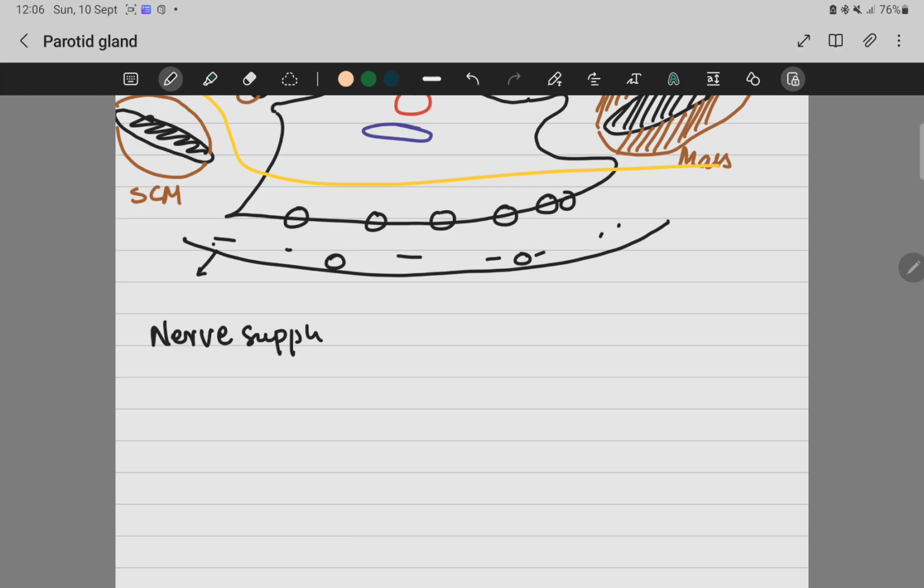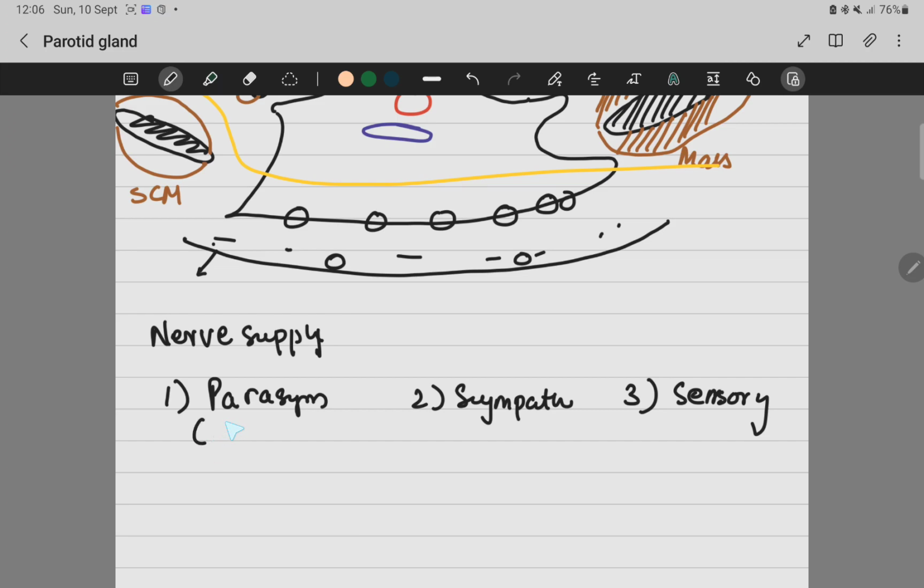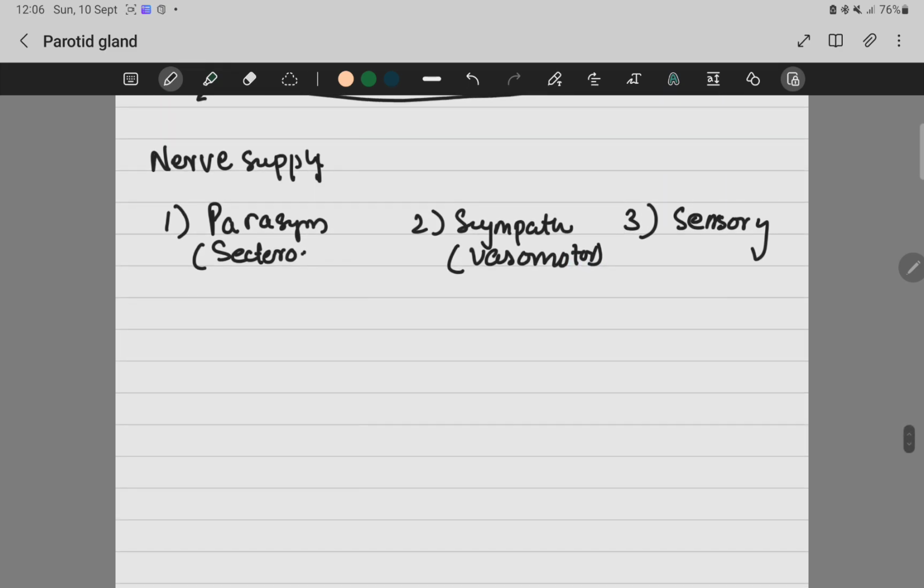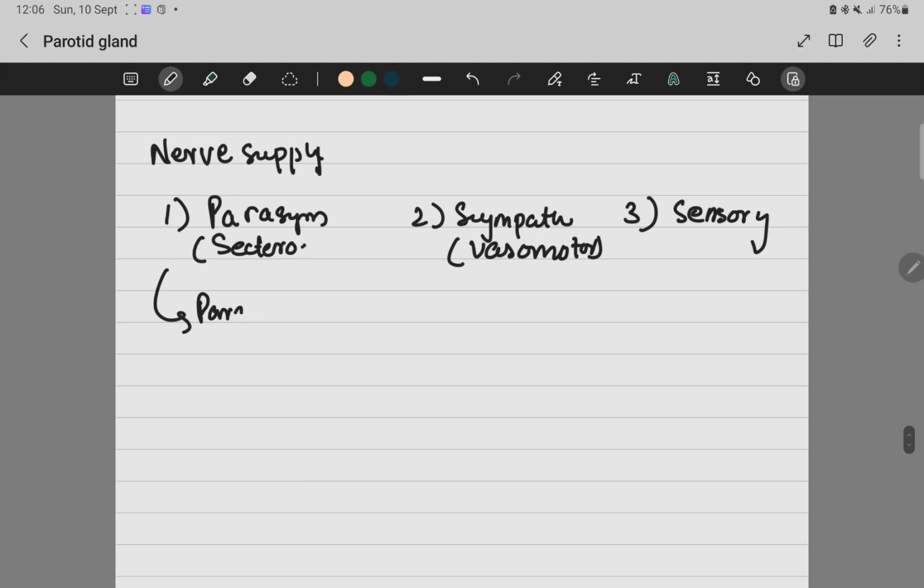We have three types of nerve supply. One is the parasympathetic, two is the sympathetic, and three is the sensory. The parasympathetic is secretomotor. The sympathetic is vasomotor. Sorry, the handwriting is pretty bad. Okay, we'll study first the parasympathetic